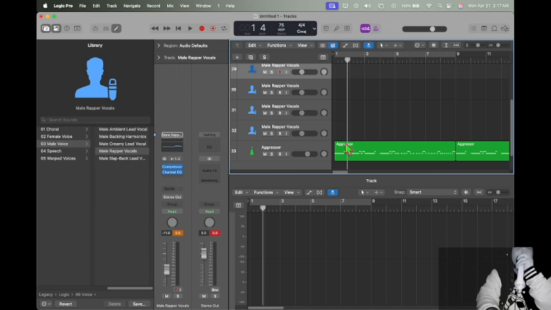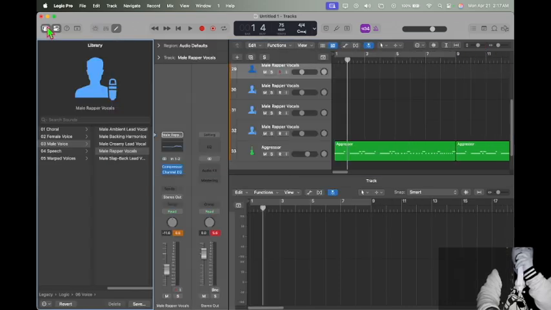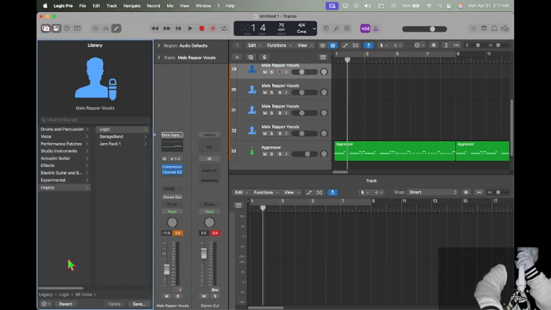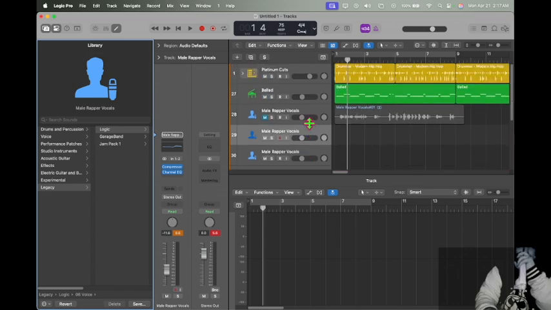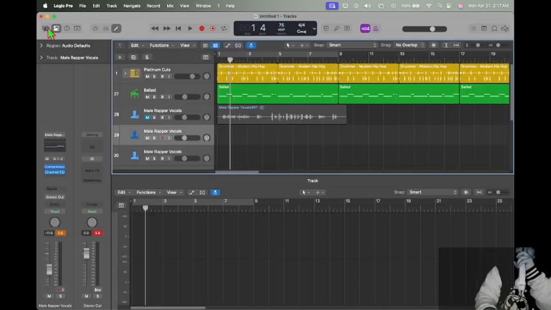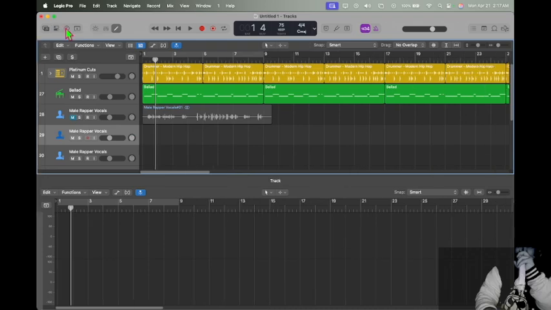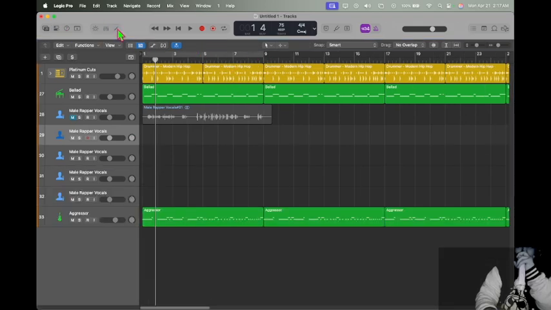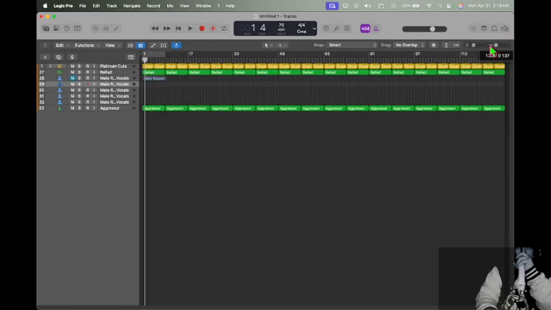But anyways, let me get rid of this. This is where all your stuff's at, right? If it's an audio track, it'll have all your effects and all that. You can do guitars or whatever. But that's how you open and close it. Same with that. But anyways, once you get your stuff and it looks like this,